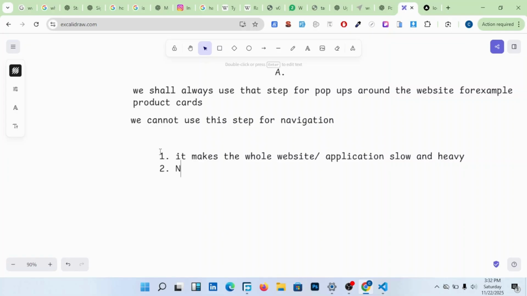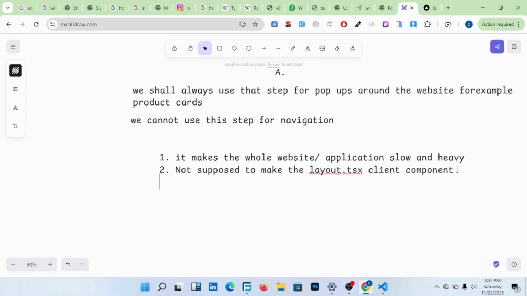as you know very well, we are not supposed, if we are professional, to make the layout.tsx a client component as a must. It's supposed to be a server component, server side, okay? We're not supposed to do this. This is wrong. Just use it when you're beginning, just for learning purposes. But you're not going to use this in a professional application, okay? So here, three,